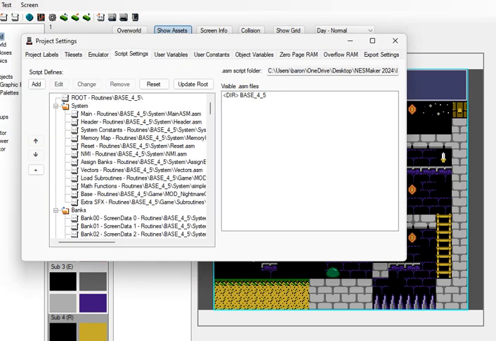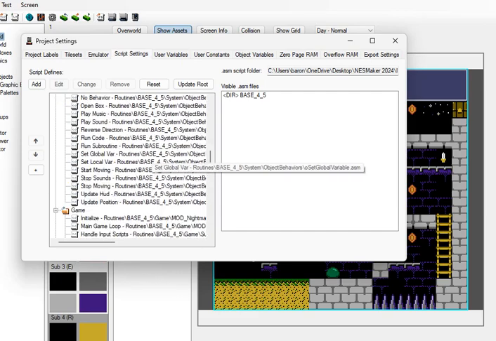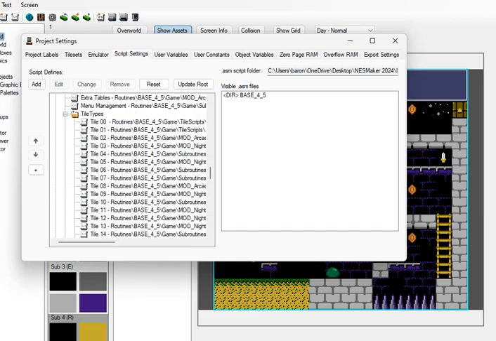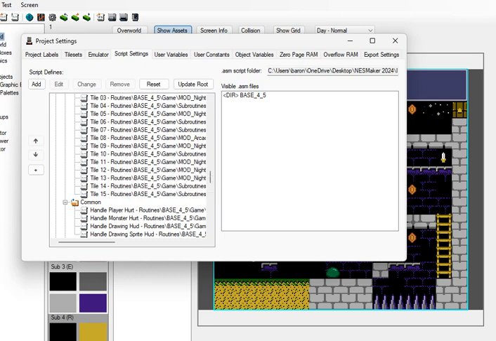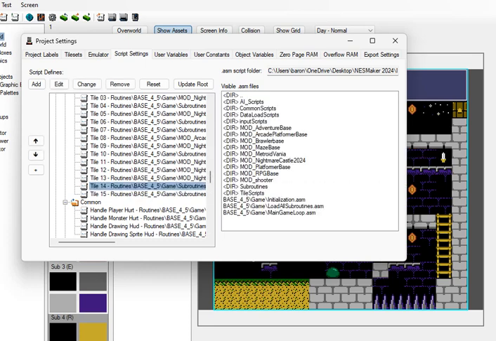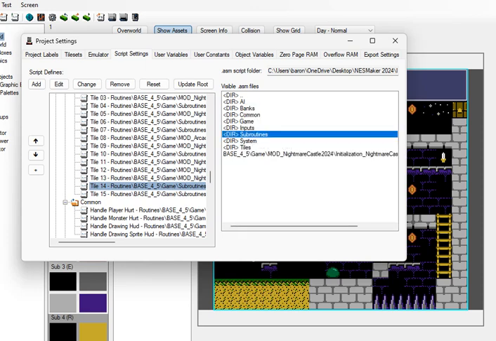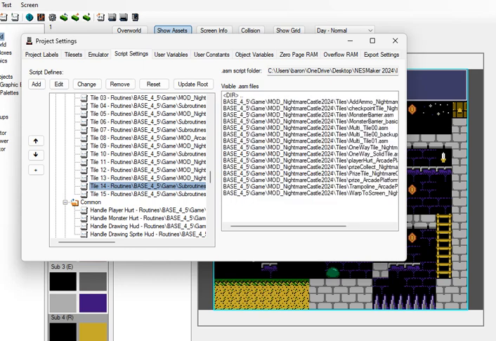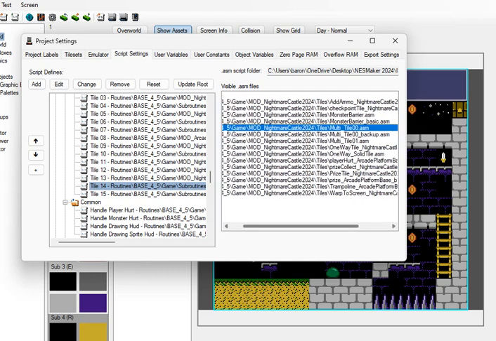Go into your script settings. You're going to assign tile 14 multi-tile 00.